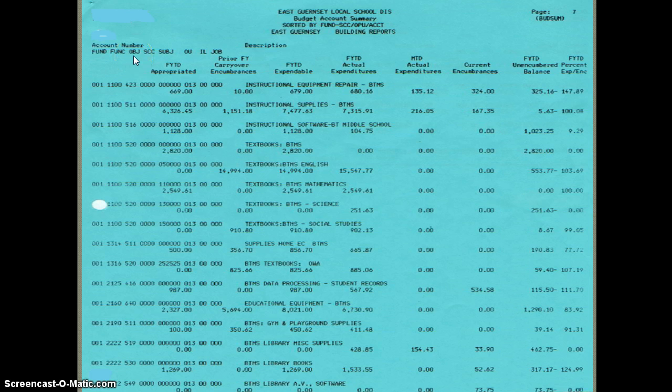OBJ, or object, represents an even further detail of an account line item. The object classification indicates the type of goods or services obtained as a result of a specific expenditure. For example, major object categories are salaries and wages, fringe benefits, purchase services for utilities, supplies, and new capital outlay or equipment. Thus, an appropriation line item using the Fund, Function, and Object Accounting System code of